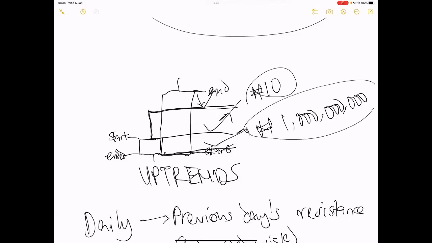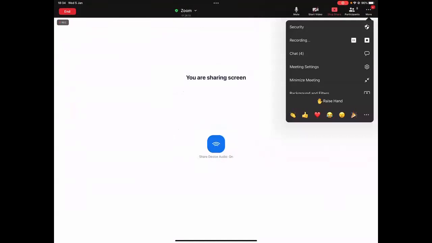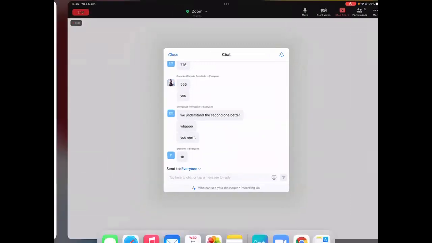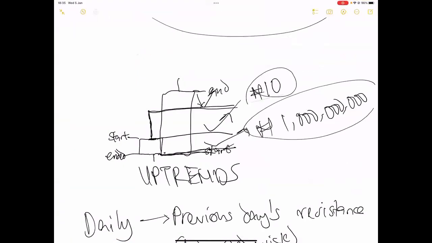Who will make the market move up the most? 10 naira or 1 billion naira? 1 billion naira, obviously. And guess what? The traders I'm talking about, the banks and other financial institutions, they put this amount of money.